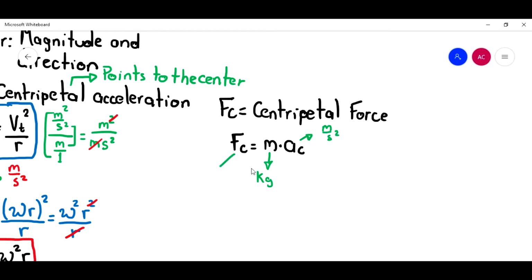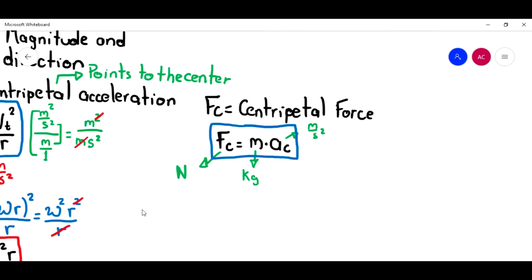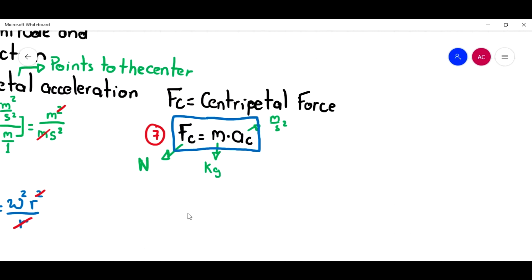So that means that I'm going to have newtons as units, okay? It doesn't matter if they are going to be linear forces or centripetal forces or something like that. The units are always the same. And this is my equation number 7. Of course, I can have another equation for the force, because centripetal acceleration is